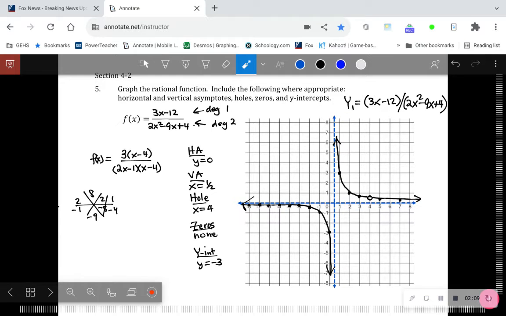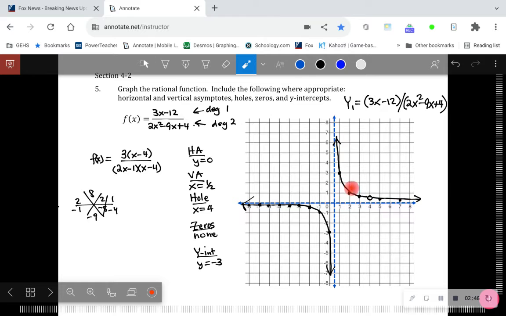Okay, problem number 5 asks for a kind of a laundry list of stuff here. So we're going to, first of all, start by graphing it. So if you type in the function, and this is my version, not yours, you'll see that you'll be able to generate a table of values. If you go second, table settings, and I would start mine in this case over here at -8, and then go through and generate all these points on the table, or else use the trace function after you've graphed it,